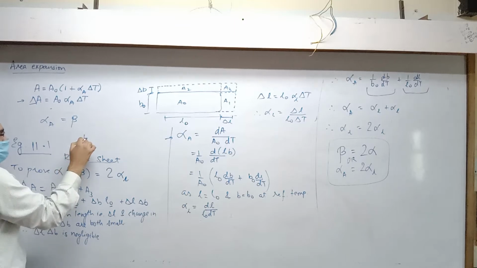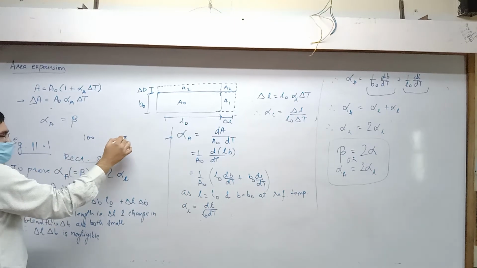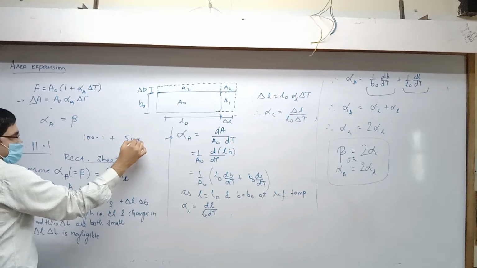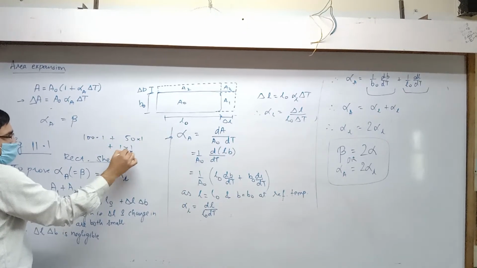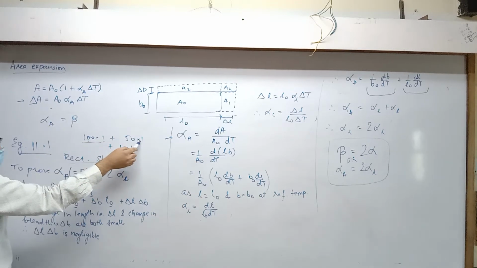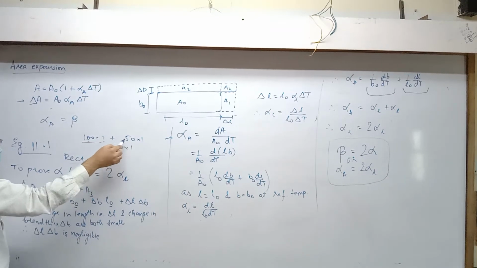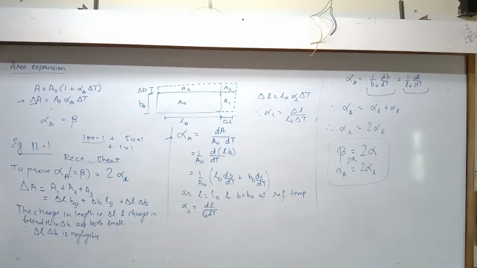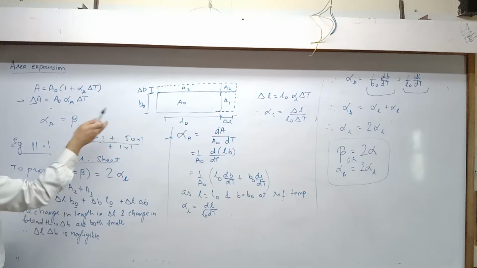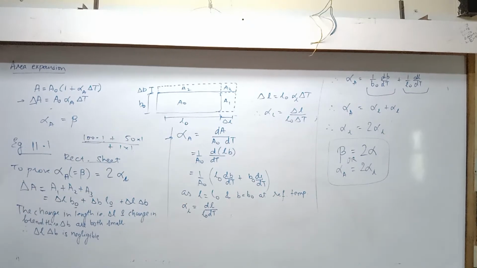Number. Suppose length 100 cm and breadth 50 cm, and both increase by 1. Do you agree? Delta L 1 into B0 50, delta B 1 into 50, and here 1 into 1. So do you realize that compared to the first two terms, 100 and 50, the third one is negligible? Very good. Agreed?